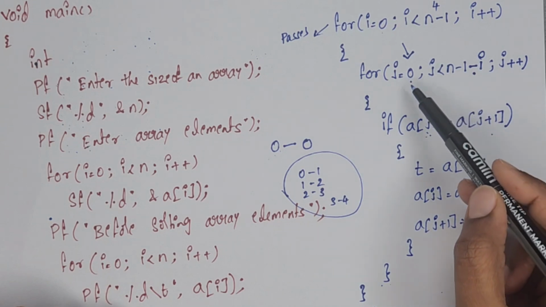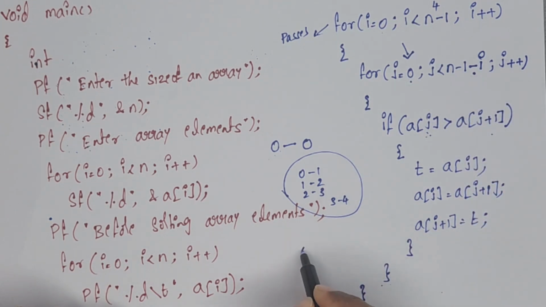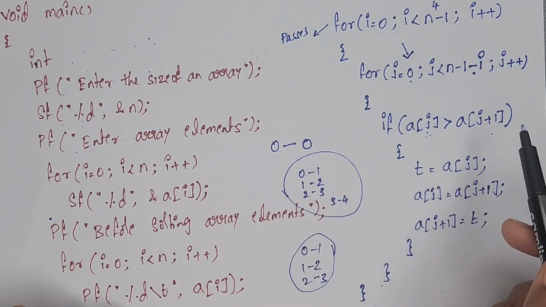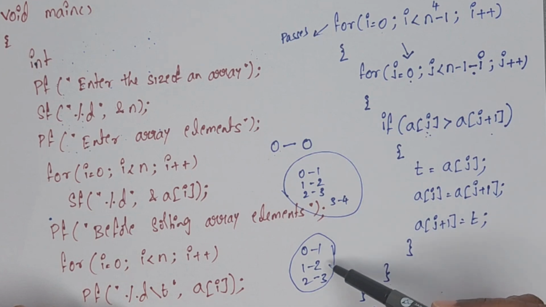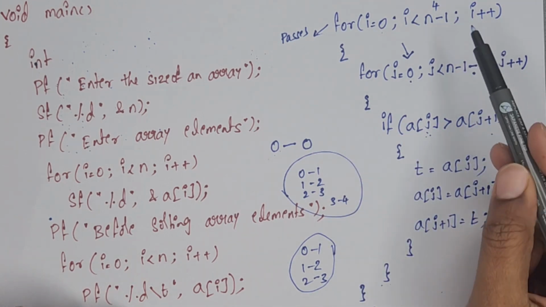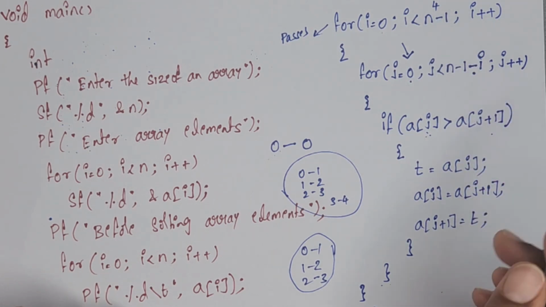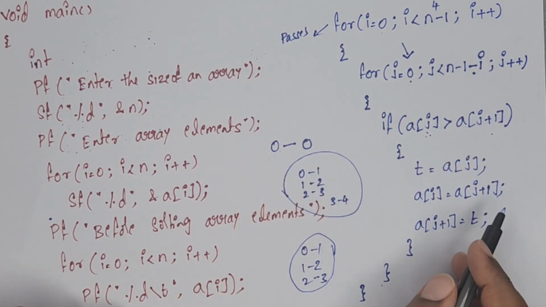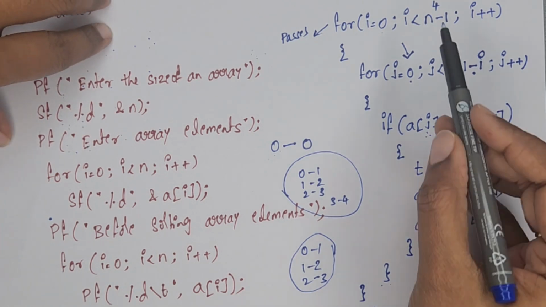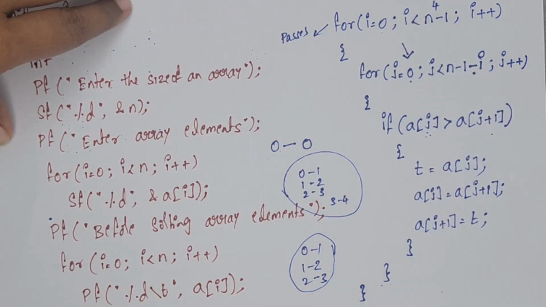In the next pass, j starts with 0. The number of comparisons will be reduced. So 0 to 1, 1 to 2, 2 to 3. Only these three elements will be compared. Like this, in every pass the number of comparisons will be reduced. So 4 passes it will perform. It depends on n value. Finally we'll get sorted order, and whenever the i condition becomes false, simply it will exit from